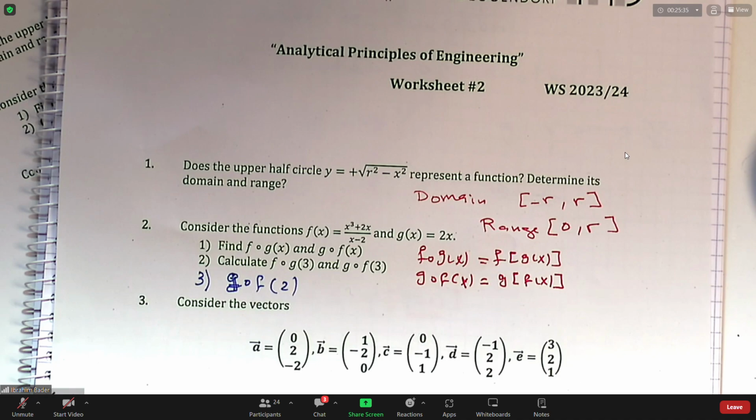Okay. So assume you have a vector u with components x1, y1, and z1. And you have another vector v, which is x2, y2, and z2. Okay. Then the dot product